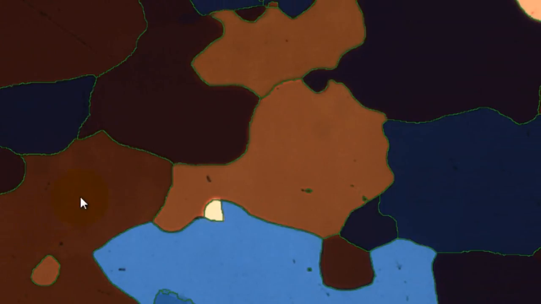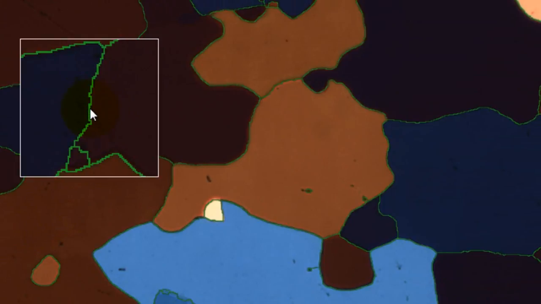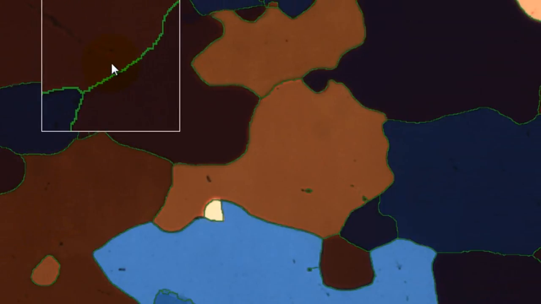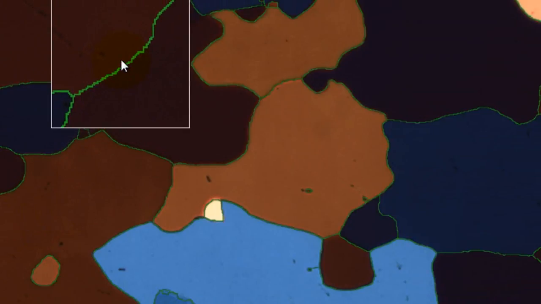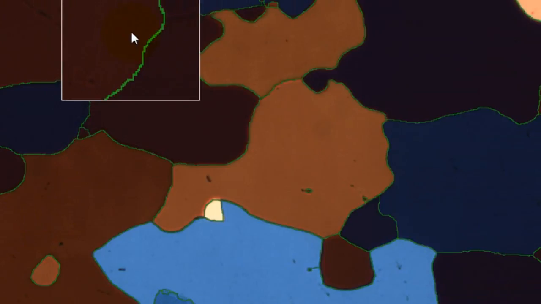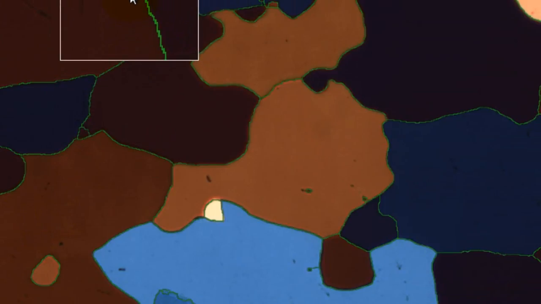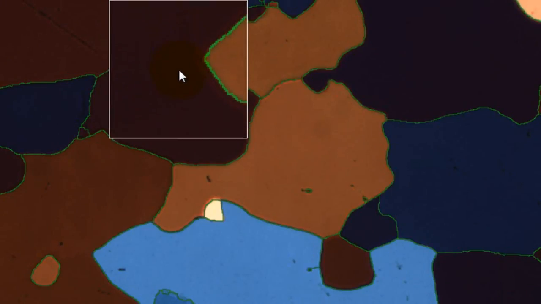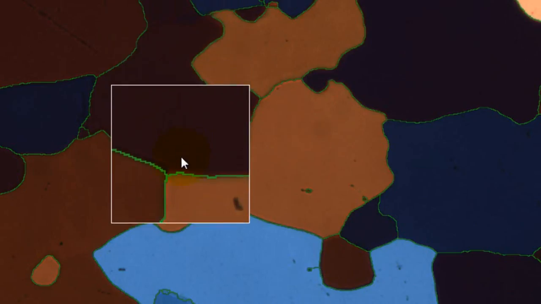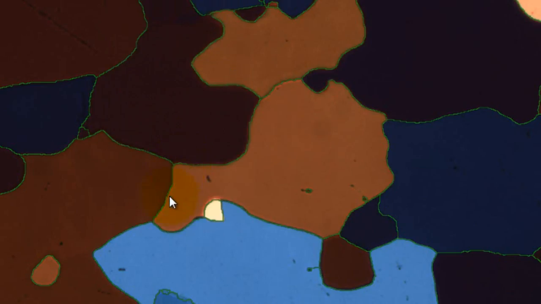And now if I zoom into a region, you can see that even on this region where the boundary was quite indistinct, two very similar levels of brown, I've still identified the boundary. So you can see that it's done a very good job of drawing those boundaries. It happens very, very quickly, and I've got many boundaries drawn. However,